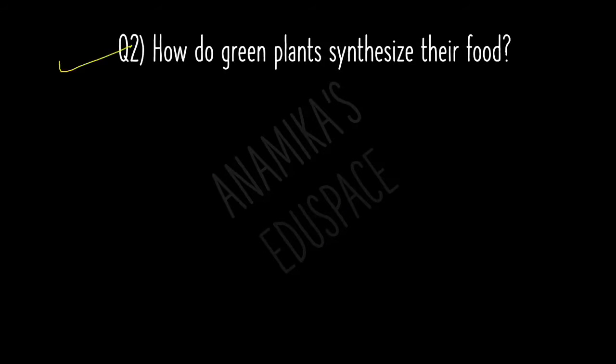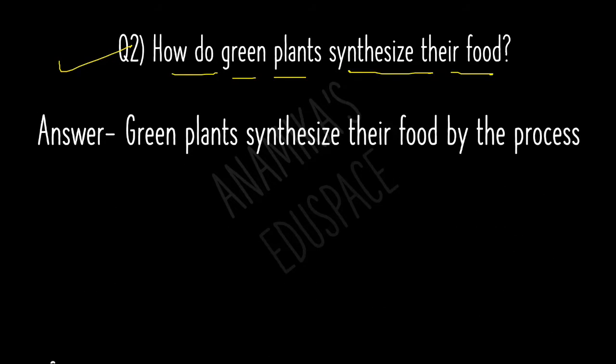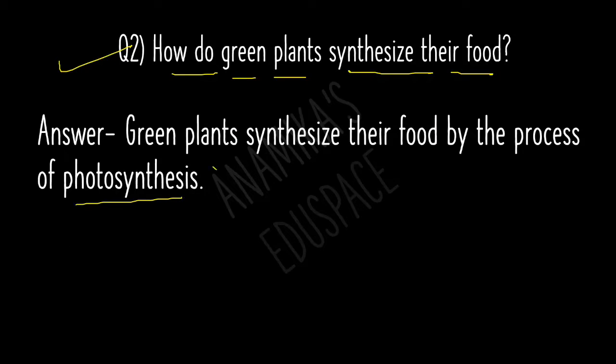Question number 2. How do green plants synthesize their food? Answer. Green plants synthesize their food by the process of photosynthesis. Clear? So by which process they synthesize their food? The process by which they synthesize their food is known as photosynthesis, and in photosynthesis the green plants actually take